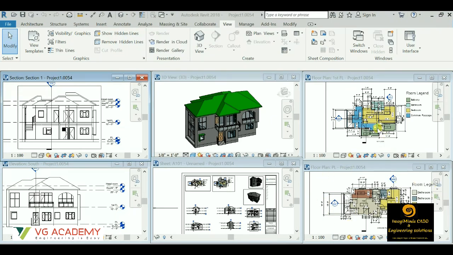So these are the two plans. You can see the respective elevations, for each and every side, north, south, east and west, these elevations will be automatically created. You just have to create the plan view. The elevation will also be generated, and the simultaneous 3D view will also be generated.